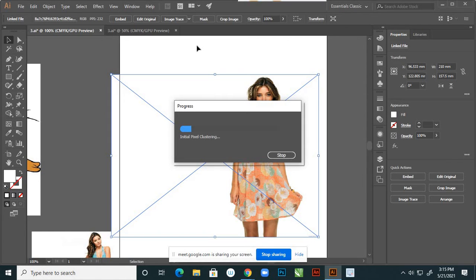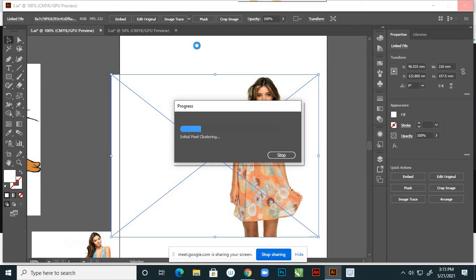The process is going. Because in this image there are more colors, it is converting pixels to outlines.